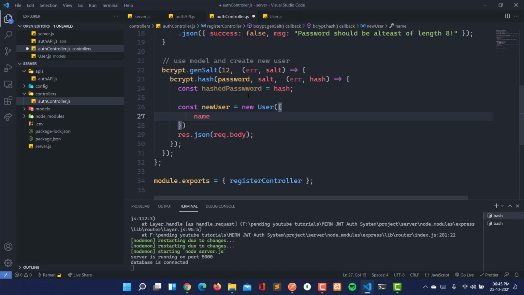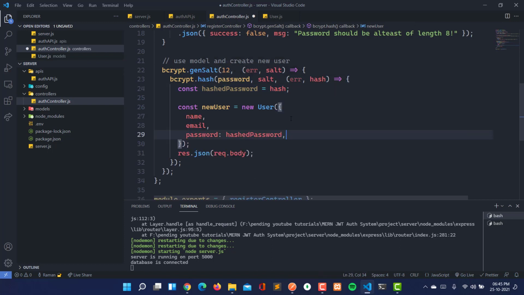So here we need name, so name will be there, and then email will be there, and we need the password. So password will be the hashed password. So I'm going to copy this, and this will be our hashed password. So now we have this.